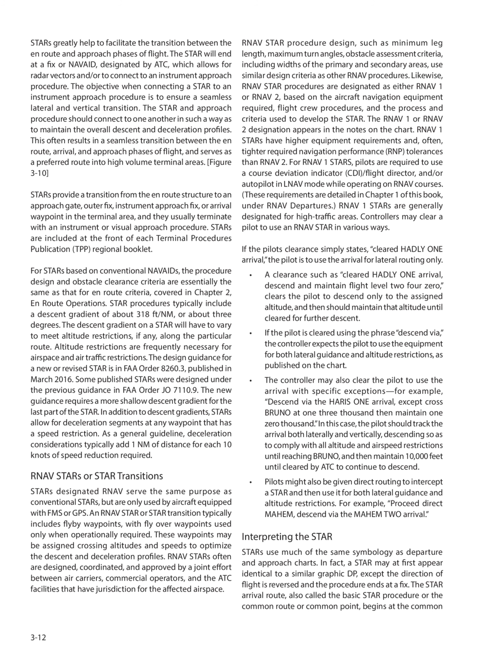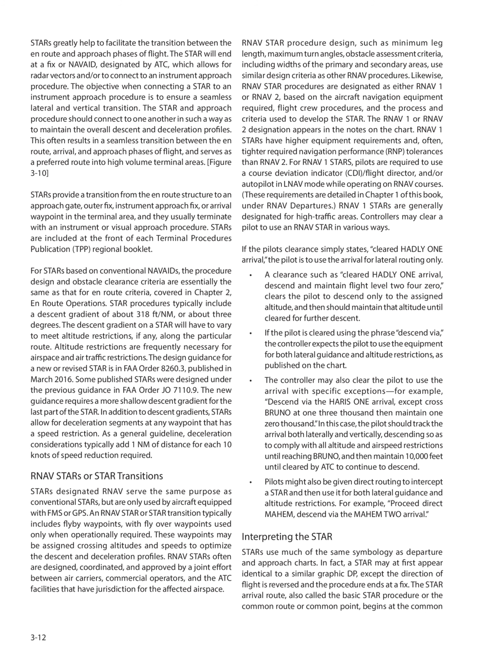Altitude restrictions are frequently necessary for airspace and air traffic restrictions. The design guidance for a new or revised STAR is in FAA Order 8260.3, published in March 2016. Some published STARs were designed under the previous guidance in FAA Order JO 7110.9. The new guidance requires a more shallow descent gradient for the last part of the STAR. In addition to descent gradients, STARs allow for deceleration segments at any waypoint that has a speed restriction. As a general guideline, deceleration considerations typically add 1 nautical mile of distance for each 10 knots of speed reduction